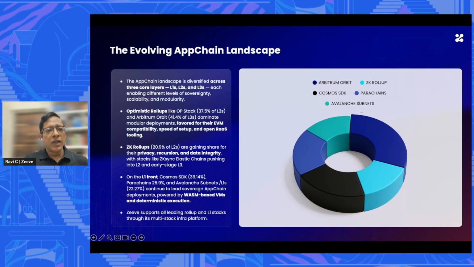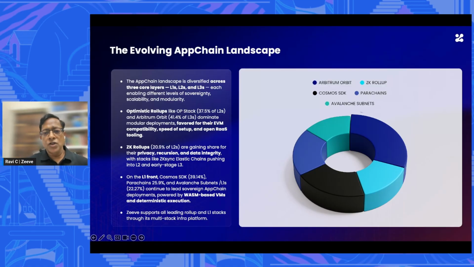Now, in terms of evolving landscape, these are some of the primary stacks that I mentioned. So if you want to launch an optimistic rollup, you have OP Stack and Arbitrum Orbit, primary optimistic rollup stacks. And then we have ZK stacks like ZK Sync. And then we have typical app chain stacks, launching your own sovereign L1s, where we have Cosmos SDK, a massive ecosystem of Cosmos, where Cosmos is a hub and you can create your spoke chains. It can be a completely independent sovereign L1 using Cosmos SDK, or you can still connect with other chains within the Cosmos ecosystem through using various interoperability tools.